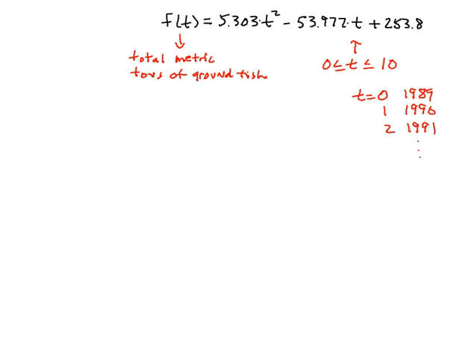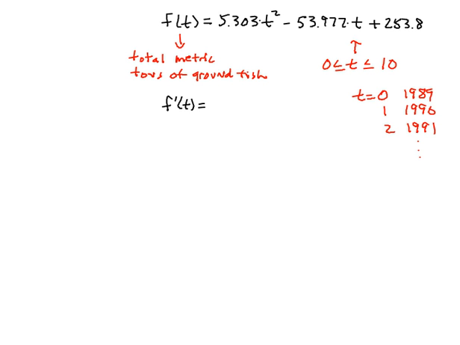Now, the first question is, what is the rate of change of the groundfish population at the beginning of 1994? Well, to answer a rate question, how fast the groundfish population is changing, I'm going to need a derivative function. So I'm going to apply the rules in this section to calculate a derivative of my function,